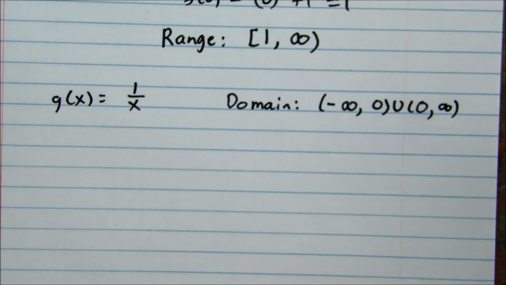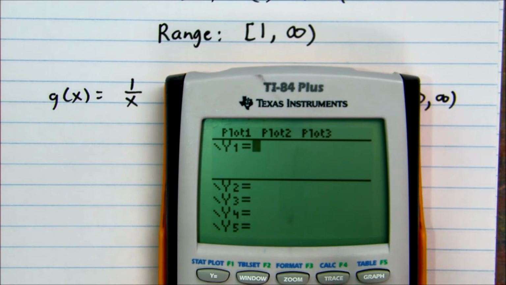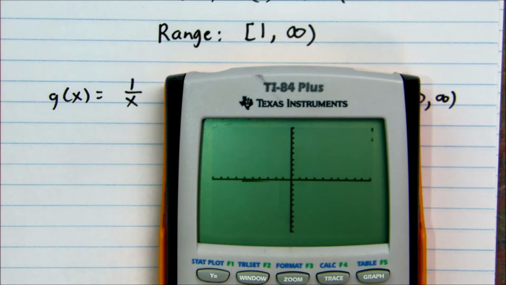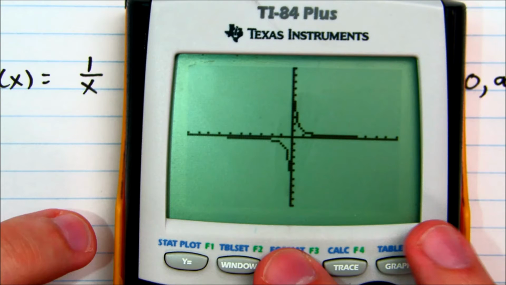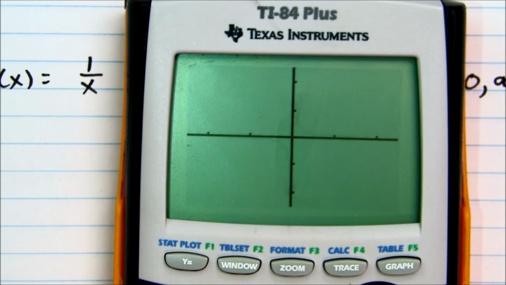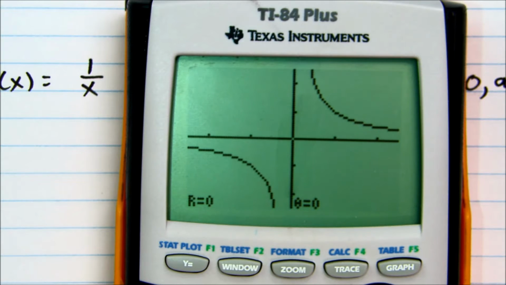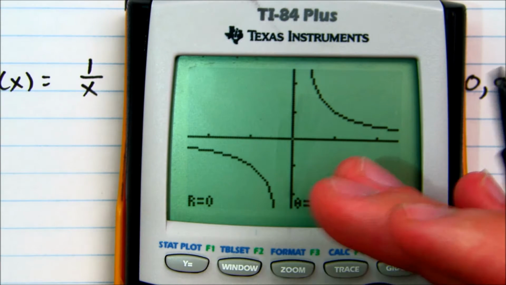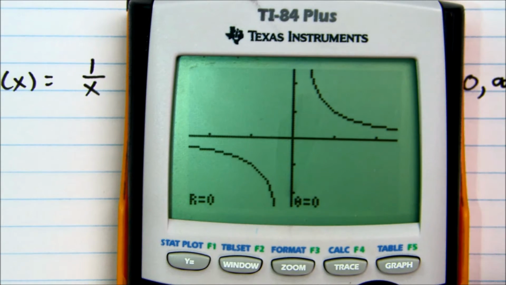Now let's talk range. So I'm going to come in here in my calculator, and I'm going to type in my function 1 over x, graph. So this is my function. I'm going to zoom in a little bit so I can get a much clearer picture. It looks something like this, 1 over x. Now again, it's a little challenging to find the range. There isn't a straight, clear-cut way of finding range without knowing a little bit more math. Since this is pre-calculus, it's pretty limited. So looking at this graph,